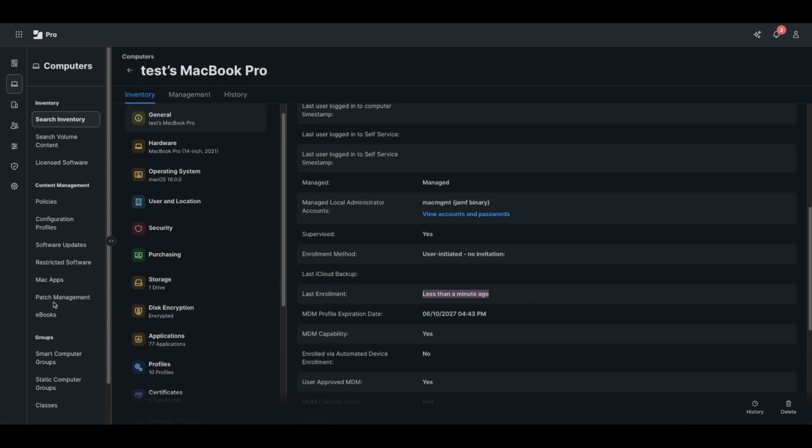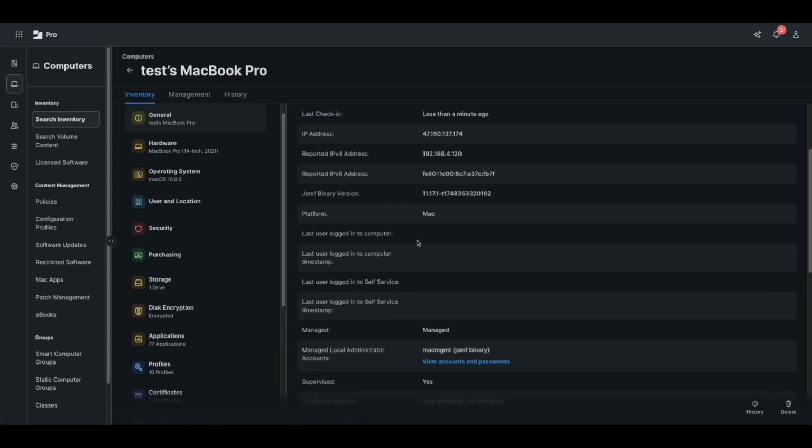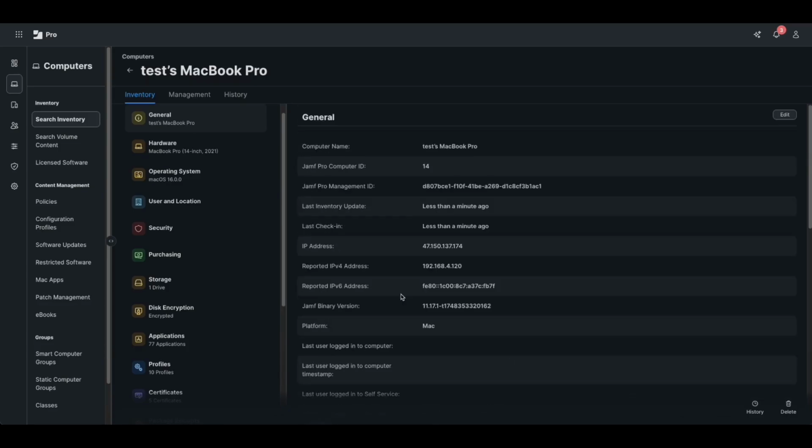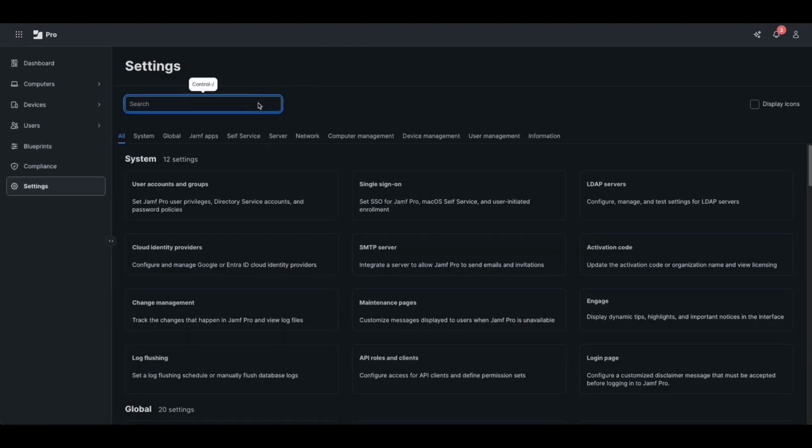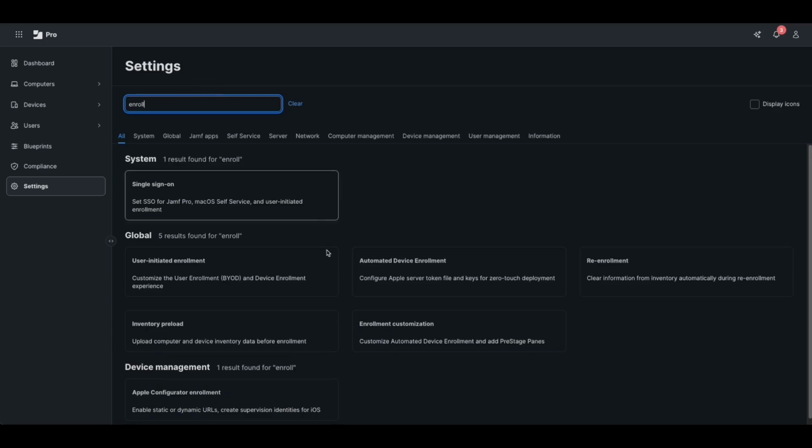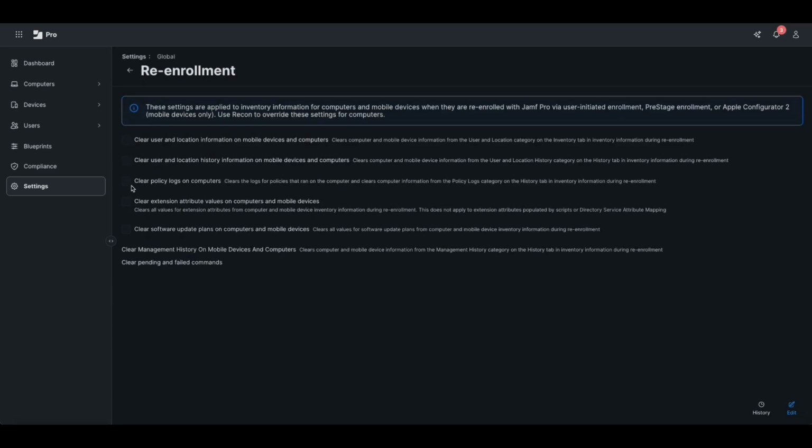At this point, it's important for me to tell you that the framework redeployment does trigger an enrollment event. So any policies that you have configured to run on enrollment would run at this point in time. The machine basically gets treated as if it was just enrolled for the first time. So that means also any enrollment settings you have configured in the global enrollment settings will also occur. So if you have clear policy logs on computers checked, once this framework redeploy occurs, the policy logs would be